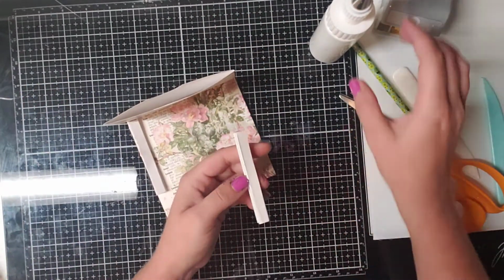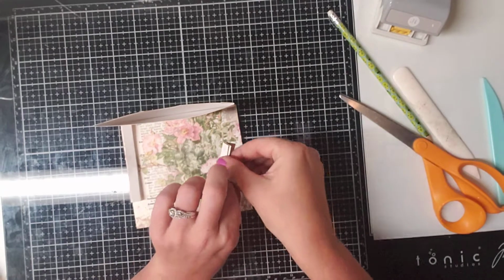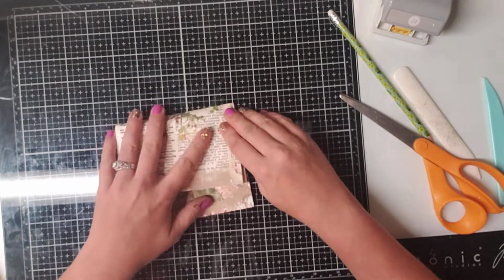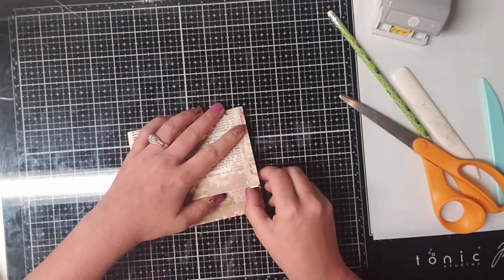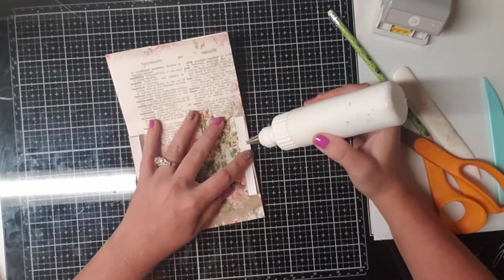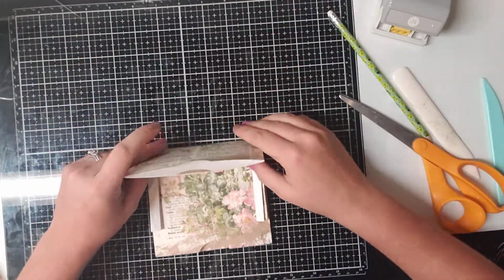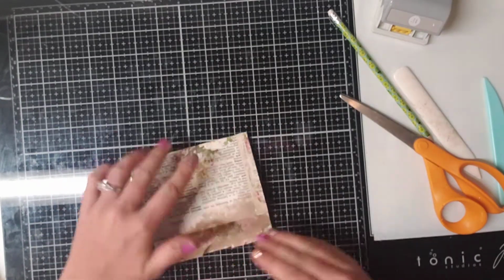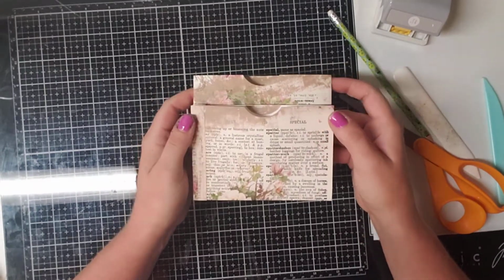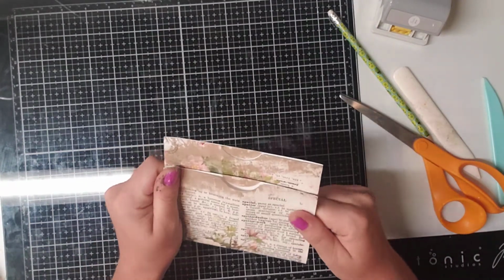And then we're going to do the other side. Okay. And now you just want to glue it down. I probably should have used my scoreboard on that, but it'll work out, I promise. Okay, so there we have it. So we have our front pocket, and we have that. I don't want to pull out too far on it, but see how it's coming out? So we're going to set that to the side,